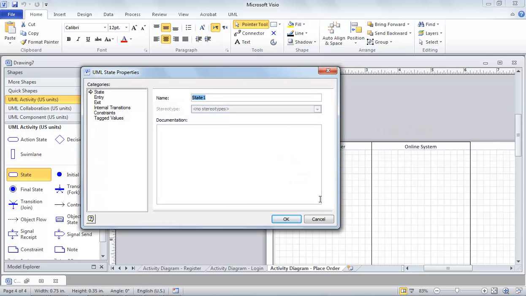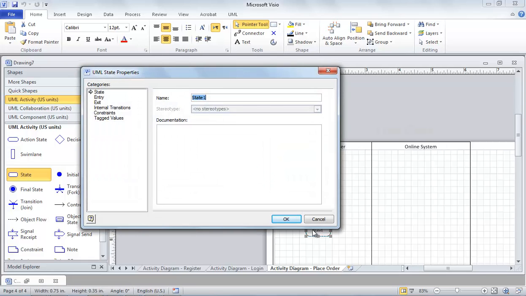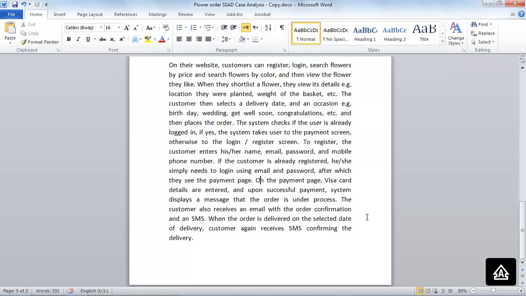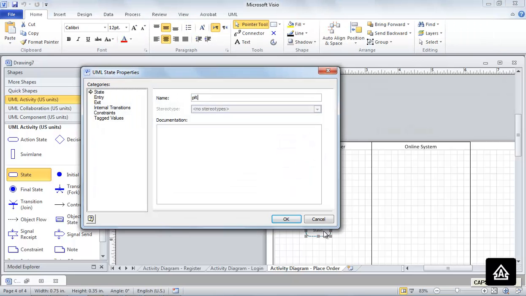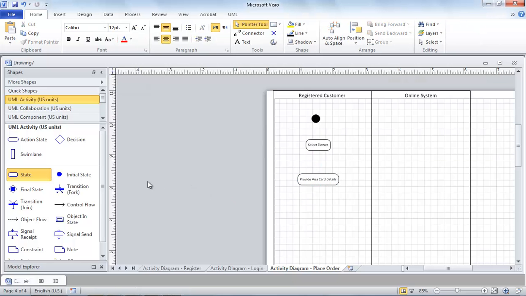So select flower. He needs to first select the flower, then he needs to do the payment. The scenario says the words are over there. Enter or provide Visa card details. Okay. Now the system will show